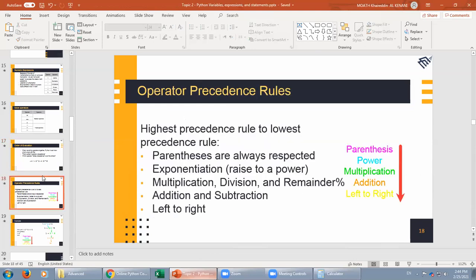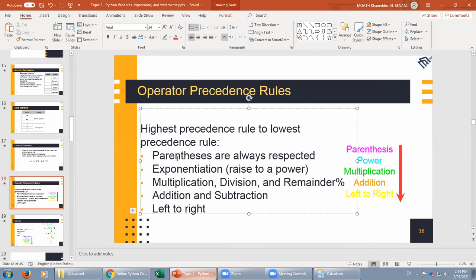طبعا البروبابيلتي يا شباب كالتالي، احنا ما حكينا عنها كيف جاوبنا هذه. أول شيء الأقواس parentheses دائما أول شيء، ثم الأسس، باور expansion، ثم بيجي مالتيبليكيشن ديفيجن والريمايندر، كلهم نفس المستوى، مش المالتيبليكيشن أول شيء. طب إذا لقيتهم نفس المكان كلهم أو ثنتين، ببدأ من اليسار. بعدين بيجي الجمع والطرح نفس المستوى، إذا لقيت الجمع والطرح نفس المكان ببدأ من اليسار دائما في حال تساوت